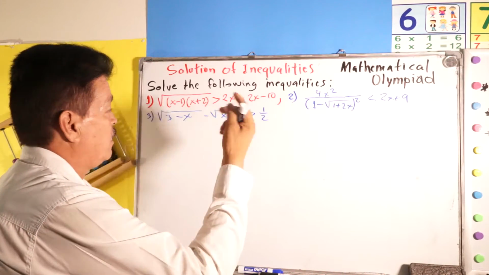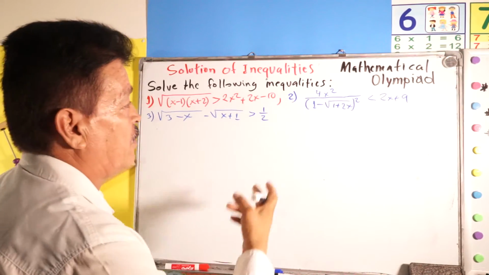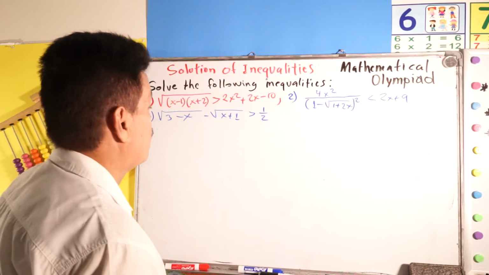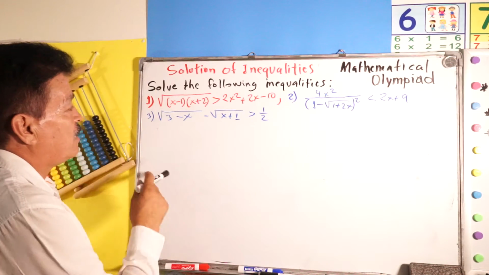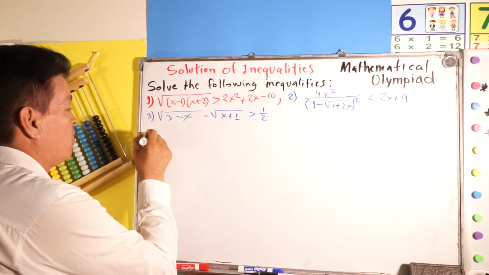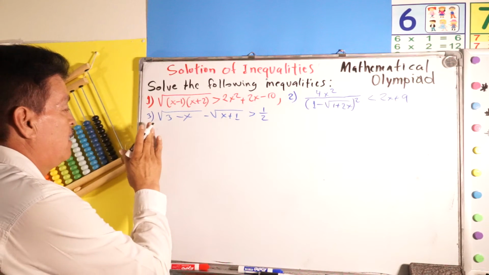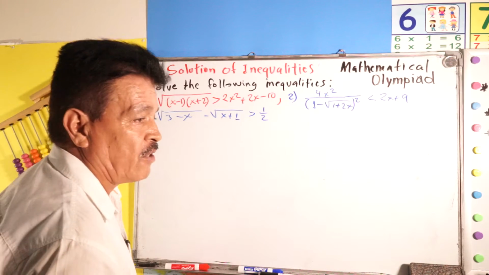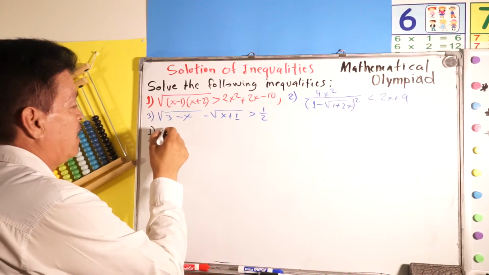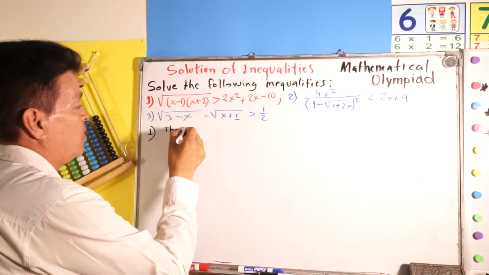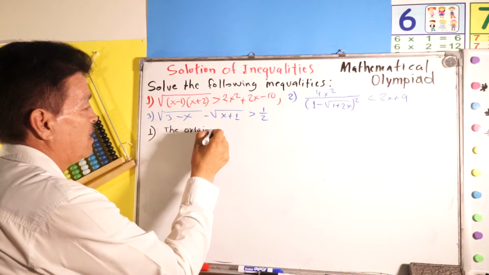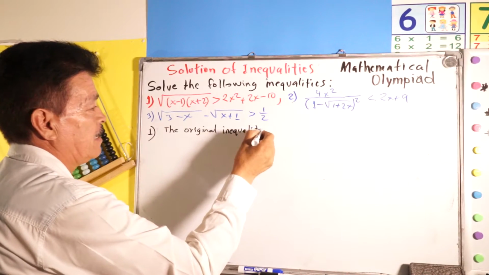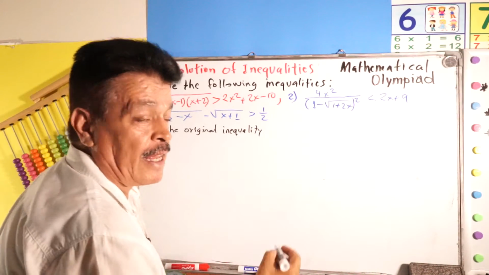The second one, I will talk about later. Then there is the third problem. So in the first question, number one, let's start this way. The original inequality is equivalent to